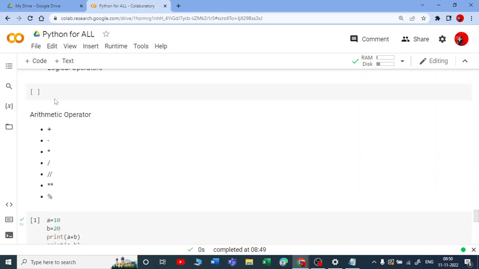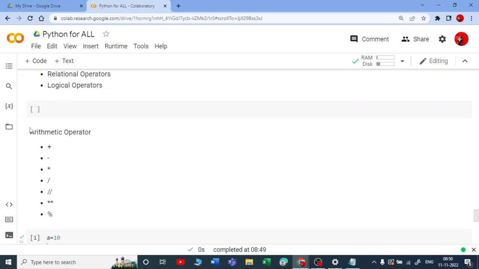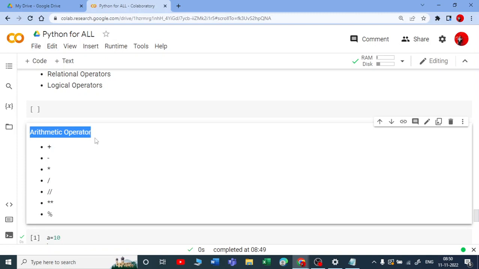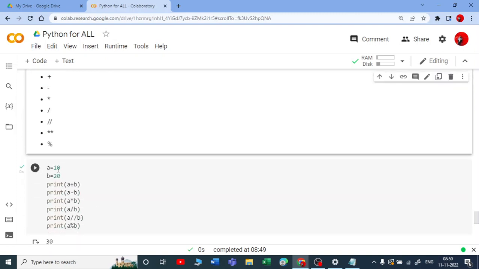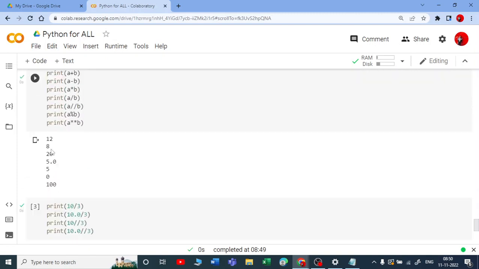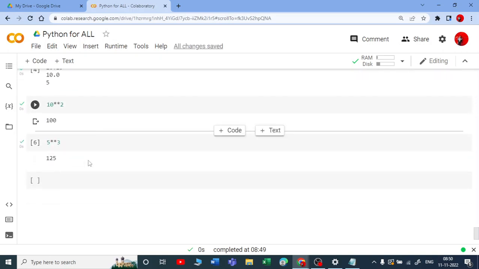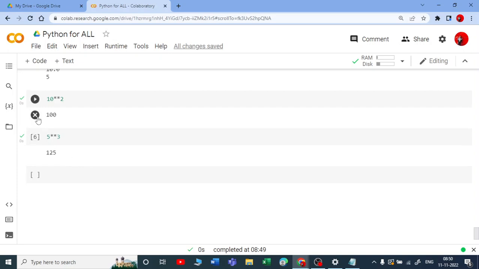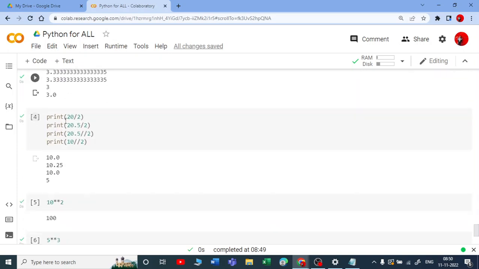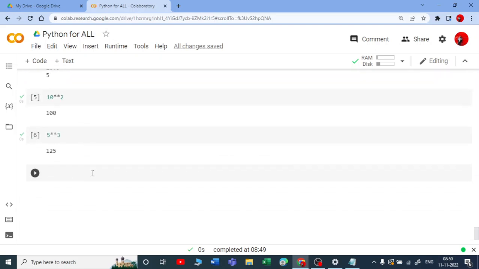All these arithmetic operators. Now the twist is, I'm applying the arithmetic operators to numbers. You can see these are all either integer or float. Anywhere you go, you will be applying the arithmetic operators or any operators to numbers. Now my question is, can I apply these arithmetic operators to strings? Yes,